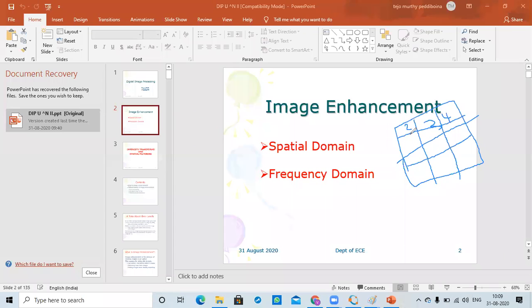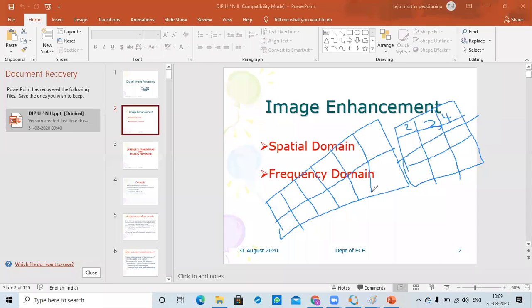For example, I can have mapping values. I will take one map here. For example, I have only 7 L values. That means only 7 possible gray values are there.